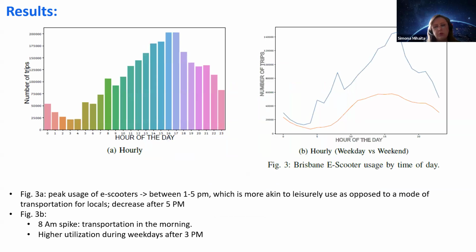When you look at the distribution of trips per hour of the day, which is what you see here, a 24-hour distribution of the total number of trips, we realize that there's a strong interest in using the e-scooters in the afternoon. As you can see, after 1 p.m. the e-scooter utilization increases, and it peaks between 4 and 5 p.m. That's the time when a lot of people are getting off work and probably heading back home or to other social activities.